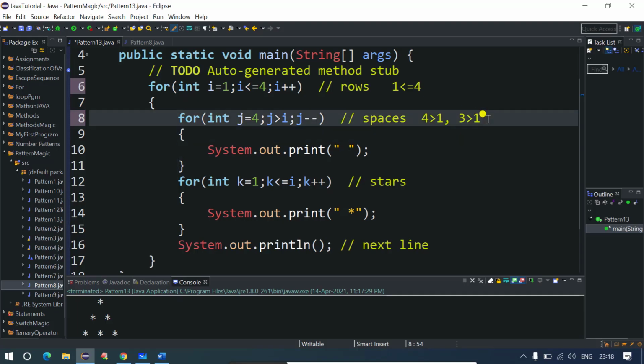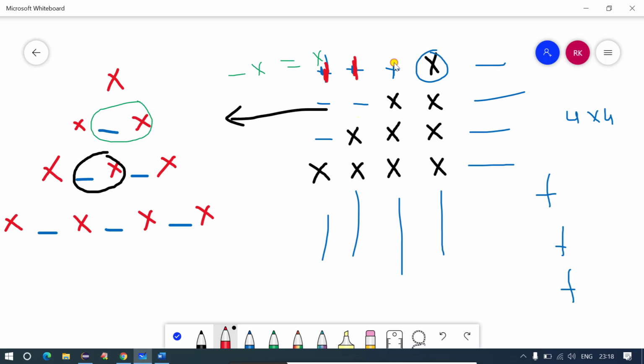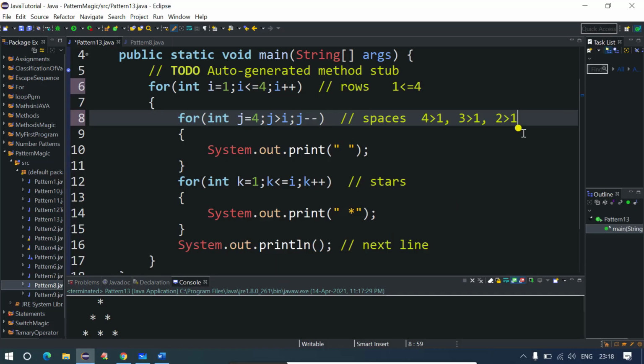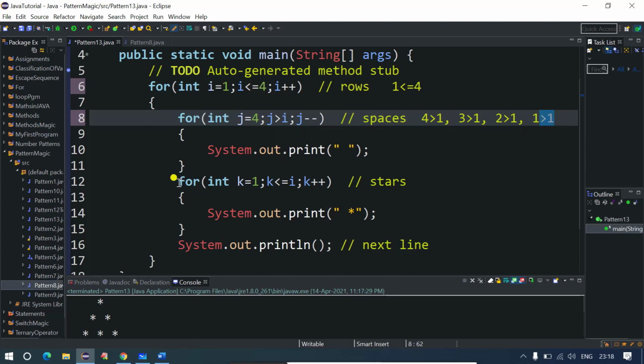Now, is 2 greater than 1? Yeah, this is again true. If this is true, it will again print what? It will print one more space here. Now again, it will check, is 1 greater than 1? This is false. If this is false, it will terminate this for loop and it will get inside this for